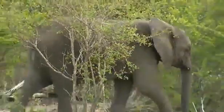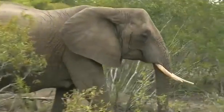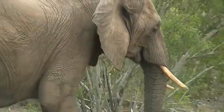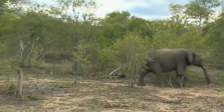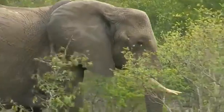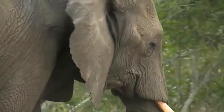And here comes one of the great grand dams of this herd. You can see a big old adult female. Nice set of ivory on it. Oh, amazing how such big animals can move so quietly through the bush. Another big female coming through. Another oldish female. If we look on her head, you can see slight indentations above her eye, and as elephants get older, those seem to become more pronounced. I'm guessing she's probably around 40. And if we look down towards her teats,